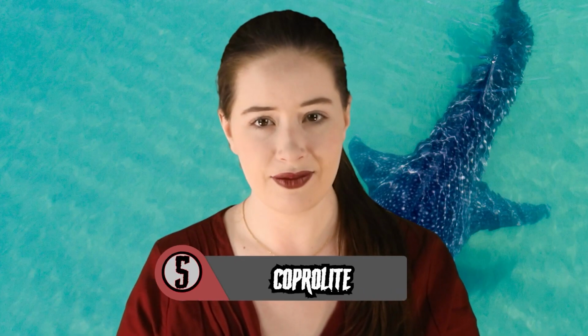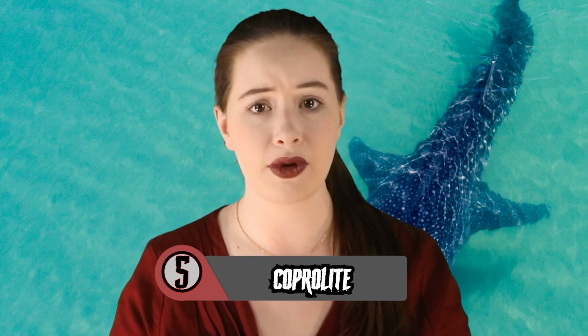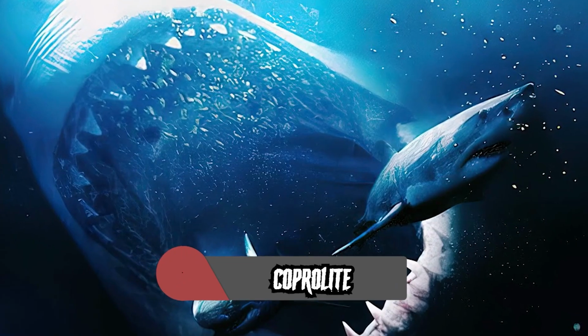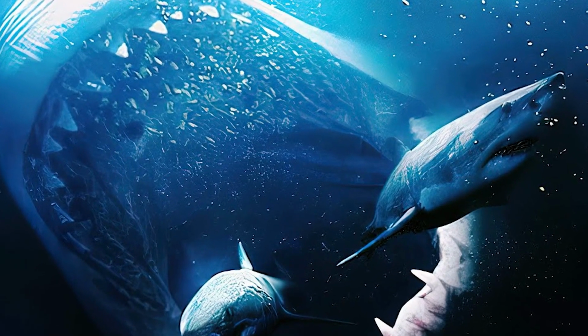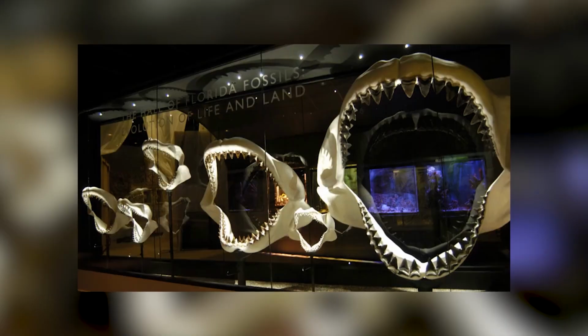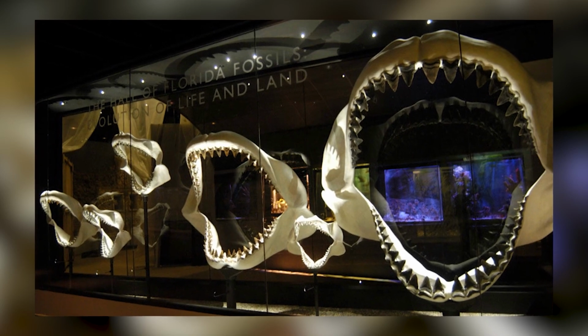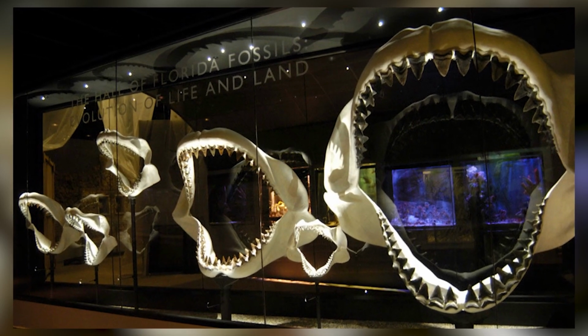Off this list in 5th place, we have the crappiest entry on the list, scientifically known as Coprolite. The word Coprolite originates from a combination of the Greek words kopros, which means dung, and lithos, meaning rock, with this type of fossils being amongst some of the oldest collected throughout history to gain knowledge of species that came before us humans. The specimens that have been found to date from megalodons are spiral-shaped, indicating that the shark's lower